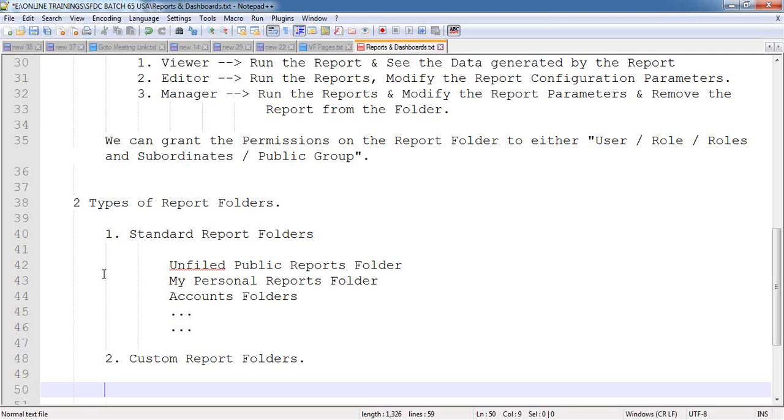So that flexibility is available as part of your custom folder, and it depends upon your requirement. We can use the standard reports folder, or we can use the custom reports folder also, which has been prepared by the developer or the administrator. So now here in this case,